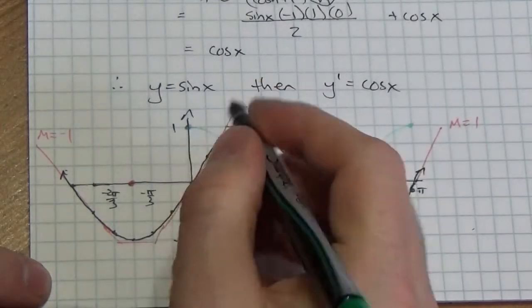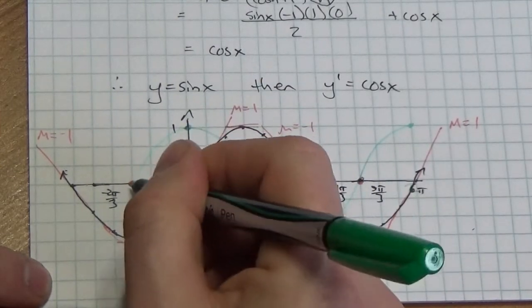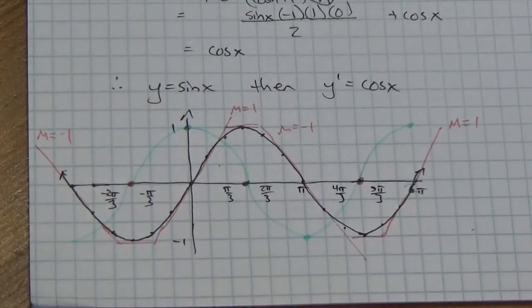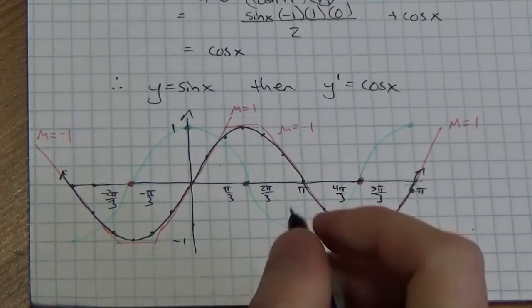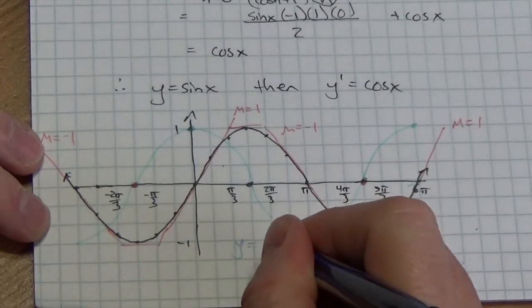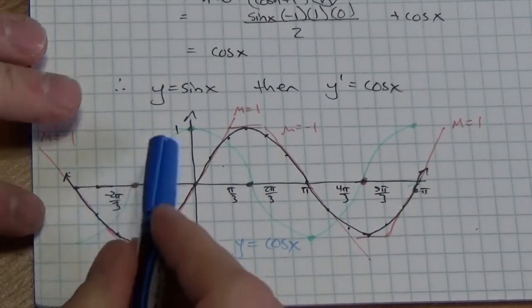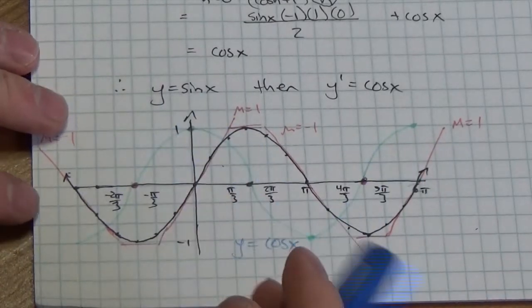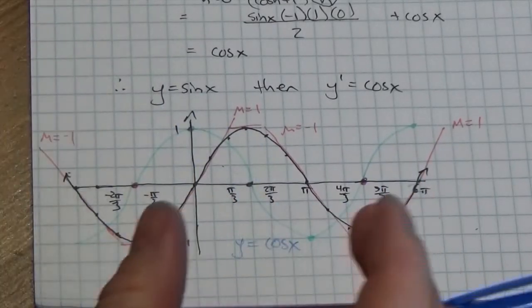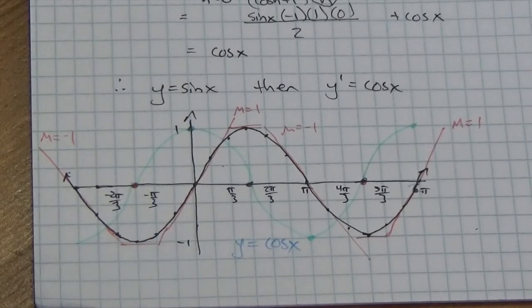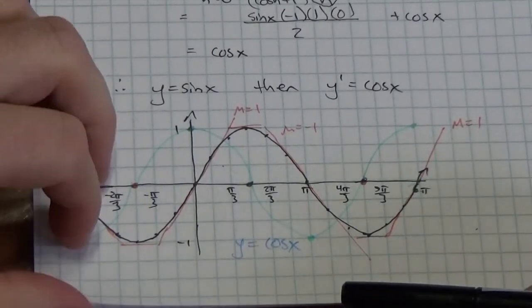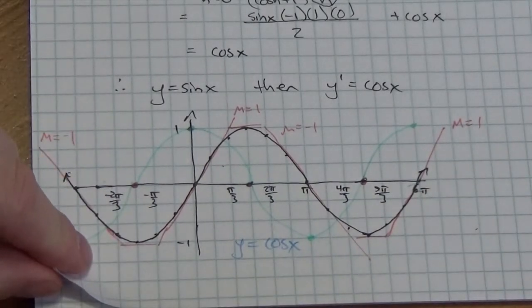Okay? And if I work that back, it's going to look like this. And isn't that just the graph of cosine? So this right here is just the graph of the cosine of x. So we can even see it graphically here that the cosine function is the derivative of the sine function. Now, before we leave this and start doing problems, I want to take a look